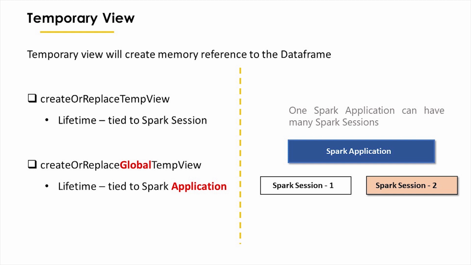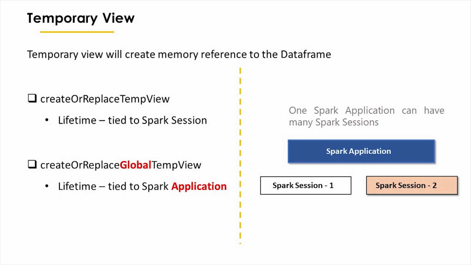All the temporary views which are created using the global temp view method will by default go under the schema global_temp. If you want, you can also change this to a different name based on your requirement, and this is configurable using the Spark conf properties. You can configure this name.